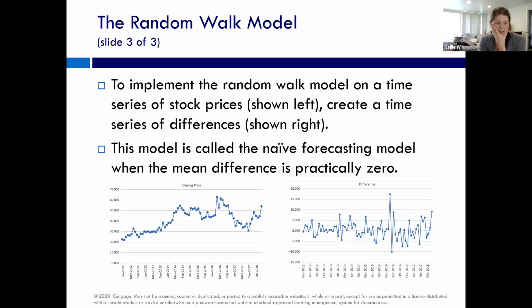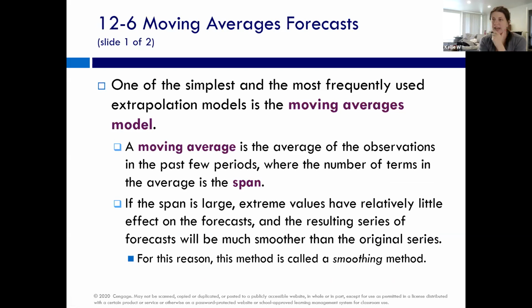Another way to deal with data like this is to do a moving average. This would be the simplest way, and is used all the time. A moving average is an average of the observations of the past few periods where the number of terms in the average is called the span. So if the span is large, then extreme values are going to be washed out and have little effect on the forecast, and we get a much smoother